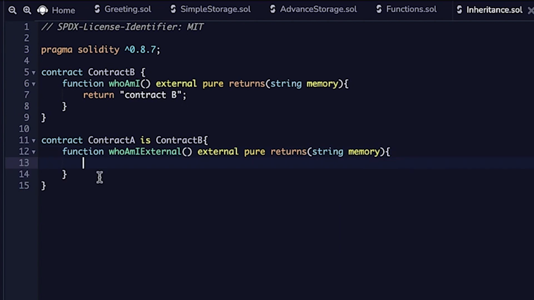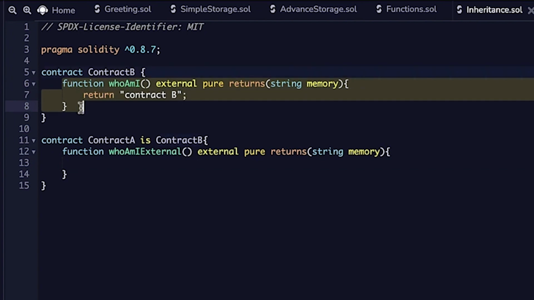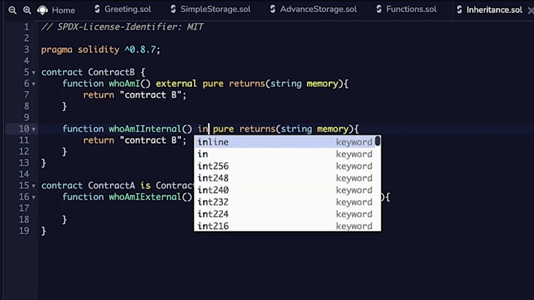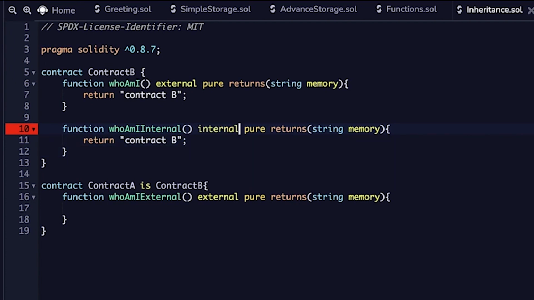Okay, now let's also create another function called whoAmIInternal, and this is gonna be also internal. Alright,